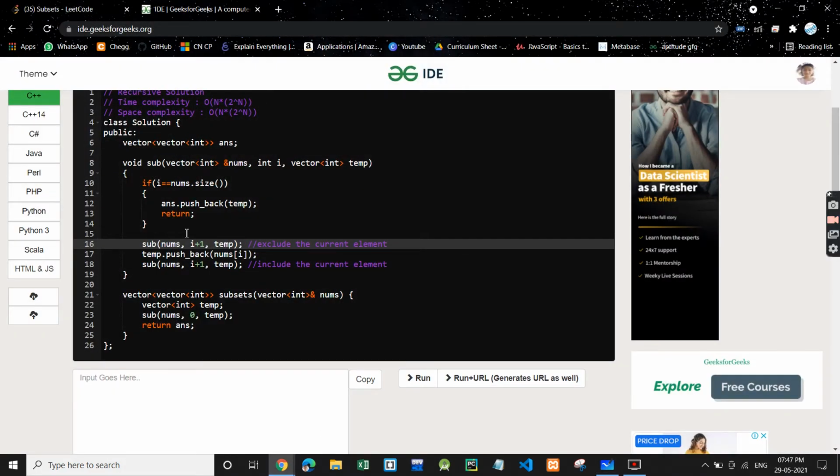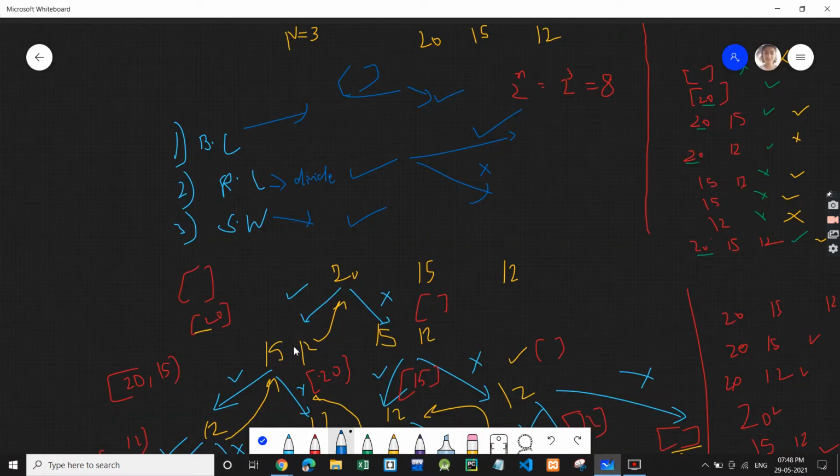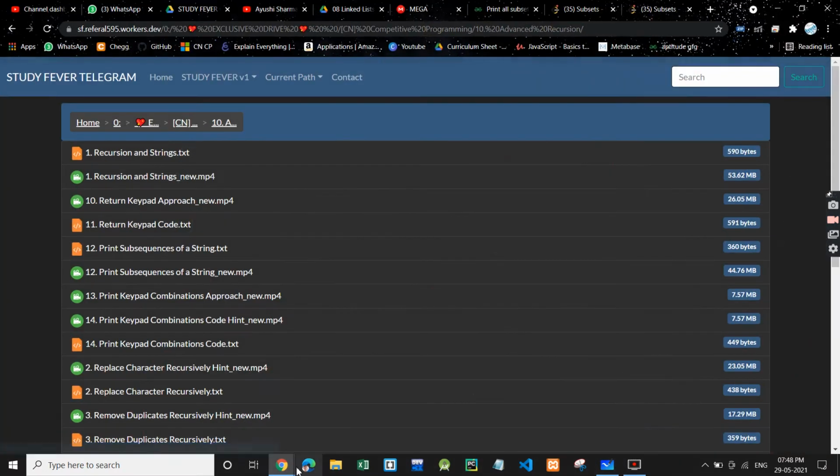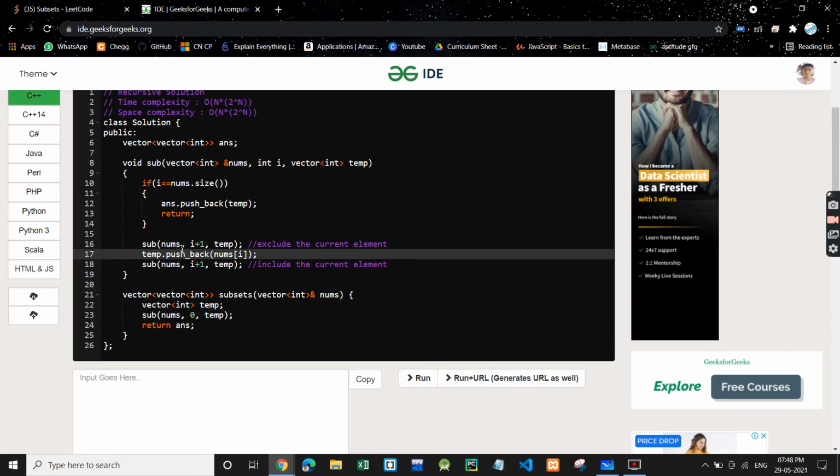Over here, if we do not take that element, in the subset we'll add nothing. So the subset will be passed as it is, and the index will be incremented because we will pass the rest of the array. And over here, if we take that element, we'll add it to our subset, and then we'll do the recursive call in which we will pass the next index and the temp array, but before that we had added that element in our temp array. So these are the recursive calls, and this is our small work.